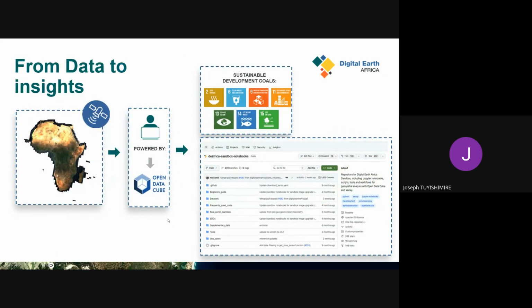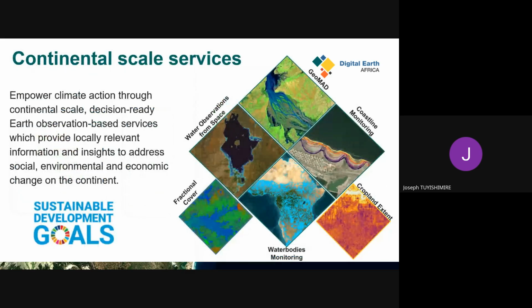And we are using an Open Data Cube technology for which you can run the analysis just for a region rather than running it at continental level. And of course, we are contributing to SDGs, and today we'll be focusing on food security, SDG 2, zero hunger. And we have a lot of tools that were developed for any purpose, and they are grouped by themes, and the continental products and services and tools can be adapted to local situations.